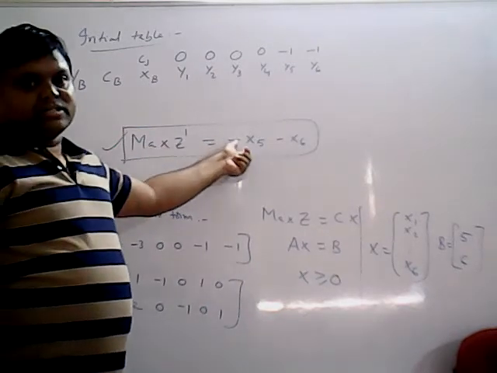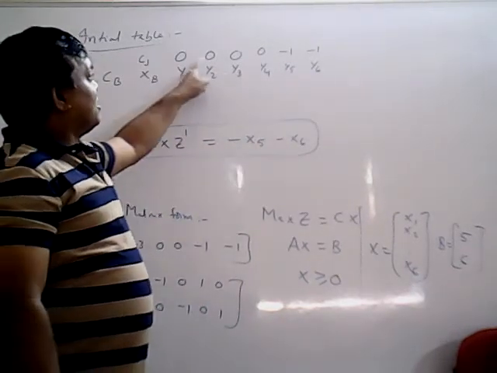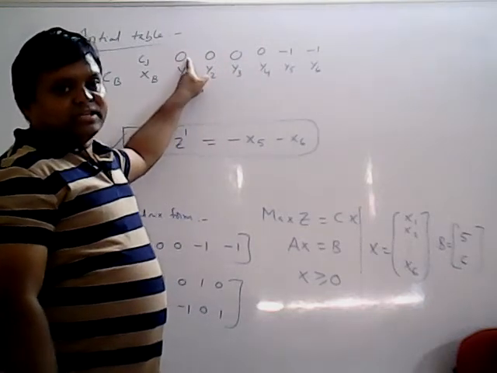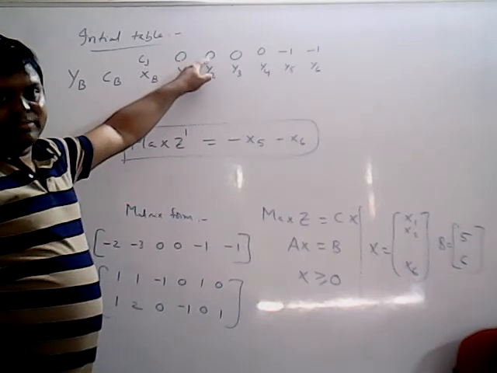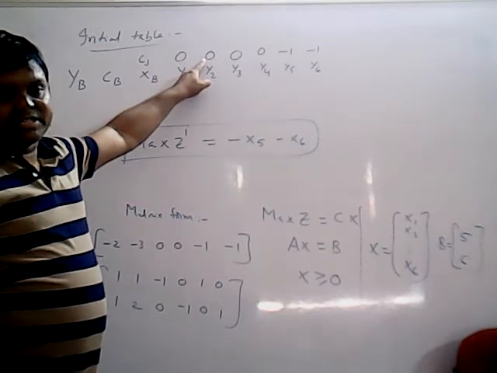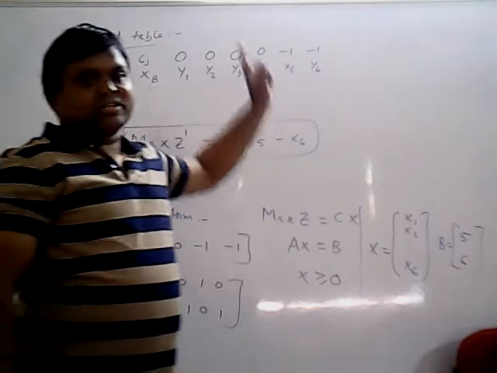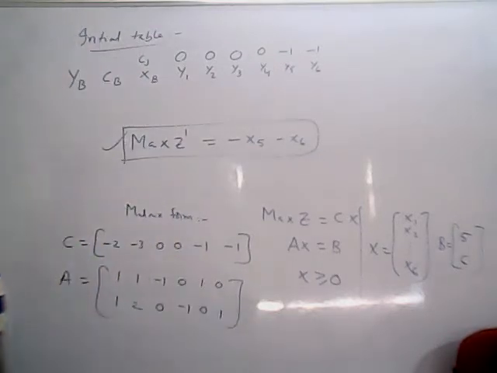That means what is that? All are zeros except artificial variables. All are zeros, whatever may be the original values. Original value is 2, original value is -2, original value is -3, but in phase 1 what we are assuming, all are zeros except artificial variables. Okay, so the remaining procedure is same.